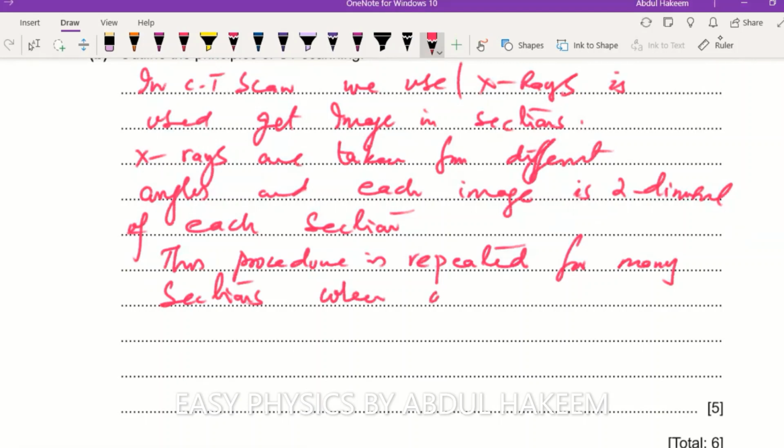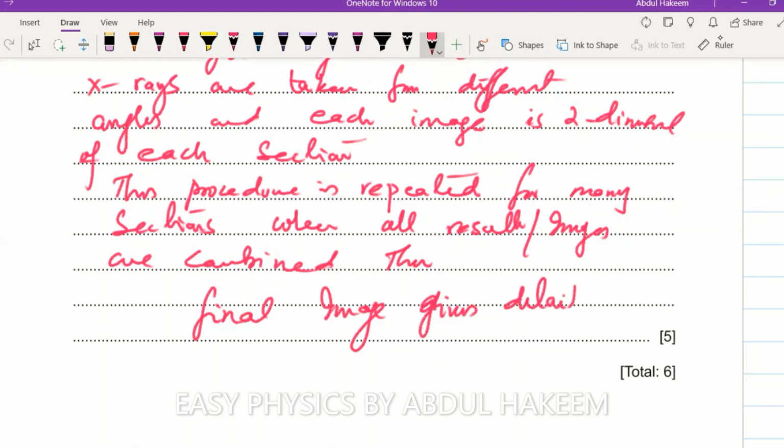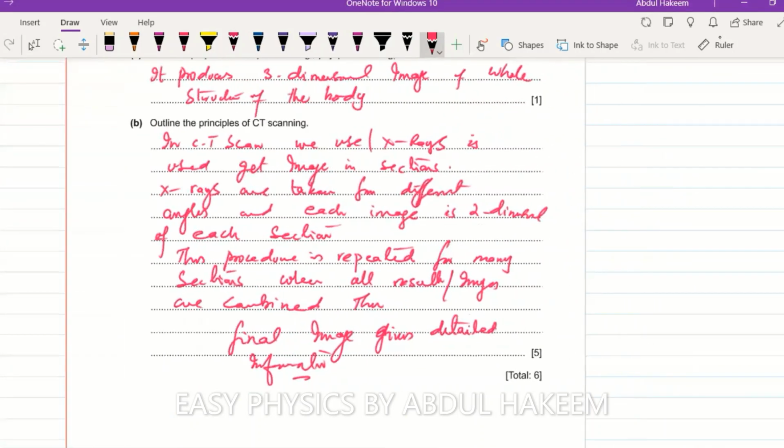When all results, meaning images, are combined, then the final image gives detailed information. So you can write this whole paragraph according to